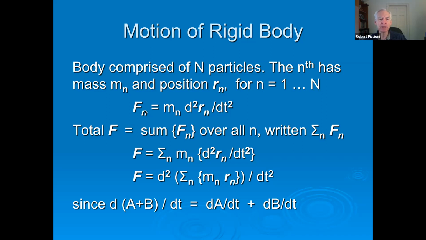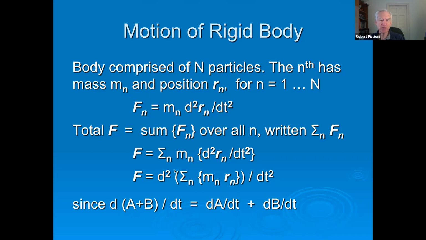So then the total force is the sum of all the individual forces. This is the force of the nth particle. This is F equals ma for the nth particle. The force acting on the nth particle, which has a certain mass, results in a certain acceleration. And if we just add these all up, this is the symbol for adding all of the n's up, then we get this equation. And it turns out that the derivative and the arithmetic sums are, what is the proper word? Distributive. So this